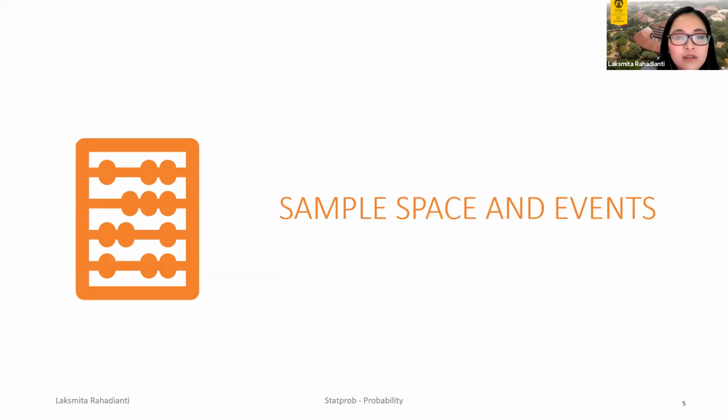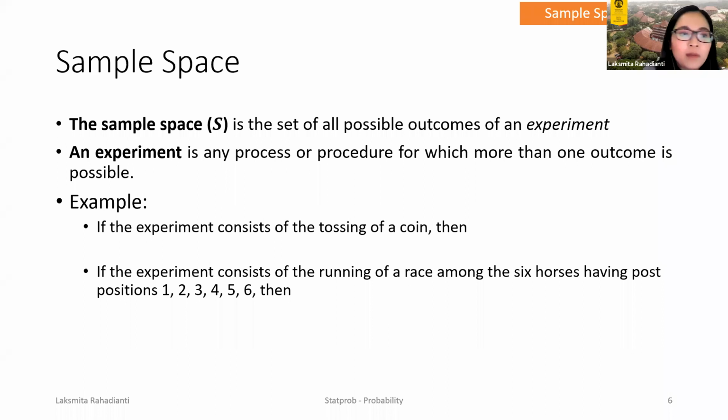First, I'll talk about sample space and events. We have already actually talked about this in the very first lecture, Introduction to Statistics and Probability. If you recall, these words, the sample space and events, were some key concepts that I asked you to review because they are important, because we are going to use them over and over again in our course. So the formal definition would be the sample space is the set of all possible